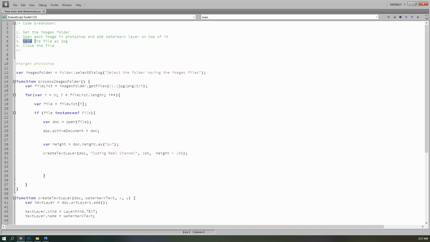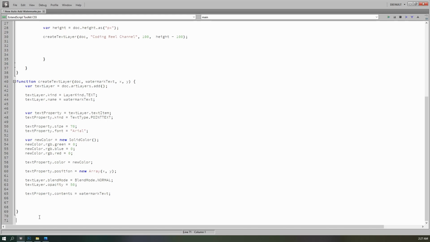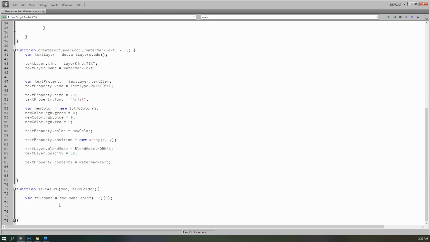And now we have to save the file as JPEG. We will create a new function to save the files as JPEG. First we have to get the current file name from the document, and then we have to split this name without the extension. We want to create this as JPEG options. Create a new variable,